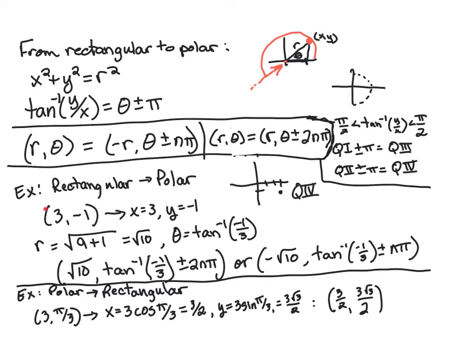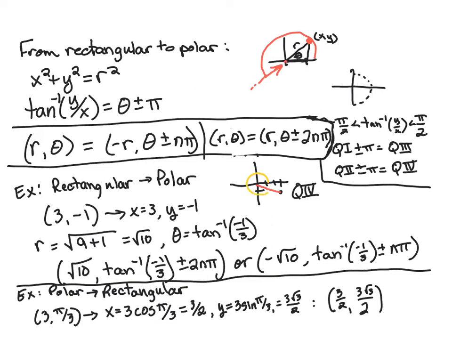Going from the rectangular to the polar, this is x, this is y. So r, by the Pythagorean theorem, I can square the x, square the y, add them together, take the square root. It's just the Pythagorean theorem. So I am root 10 units from the origin when I'm at this point. Let's see this. Here is my r. And now I want to find my